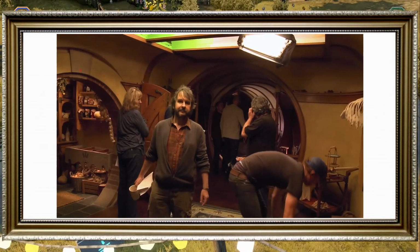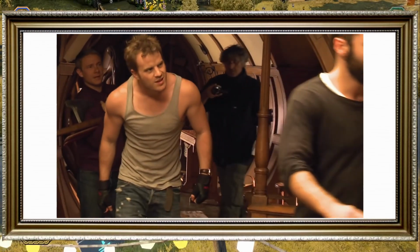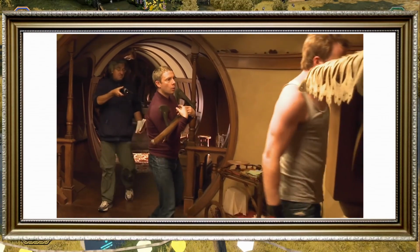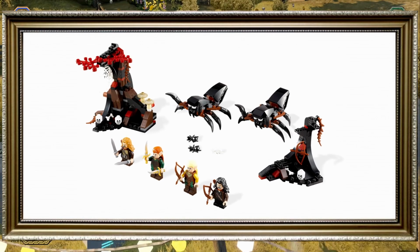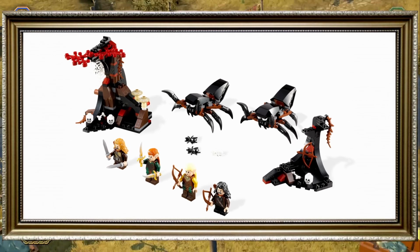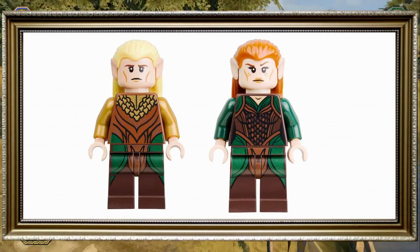It was midway through the production of making the movies that they decided to split them from 2 into 3, so most of the Desolation of Smaug stuff was shifted into the second movie that included the scene of the Mirkwood spiders with Legolas and Tauriel. This also came with Fili and Kili. While Legolas would be available in some other sets later on down the line, this variant of Tauriel is exclusive,